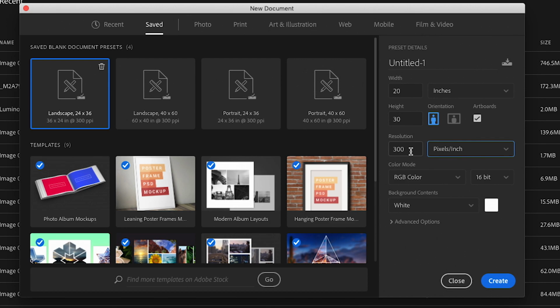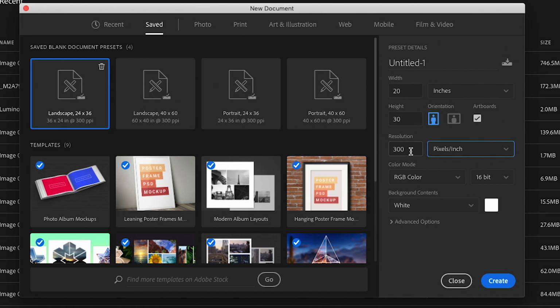And you can decide in here what you would like your resolution of this document to be and the number of pixels per inch. We're going to stick with 300 pixels per inch because we are creating a print document, and 300 pixels per inch is considered to be one of the ideal sizes for a photographic print. It's not the only size, and there's clearly the potential for some debate on that, but by and large, most people in the industry accept 300 pixels per inch as the default for a document that we're going to create